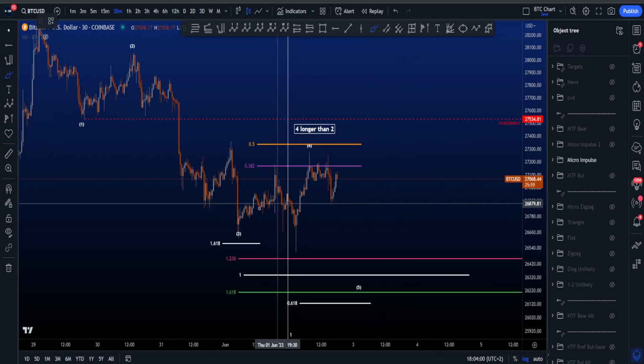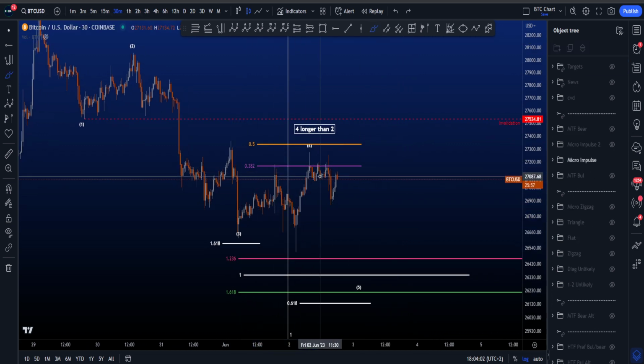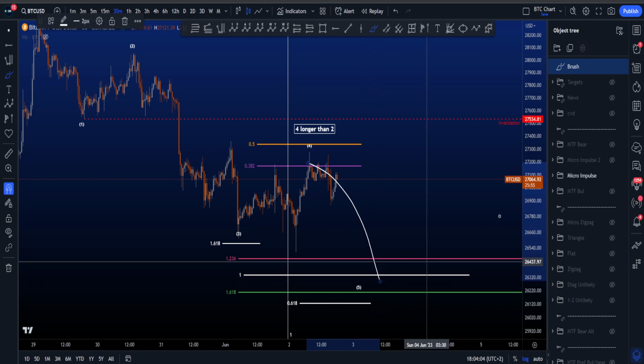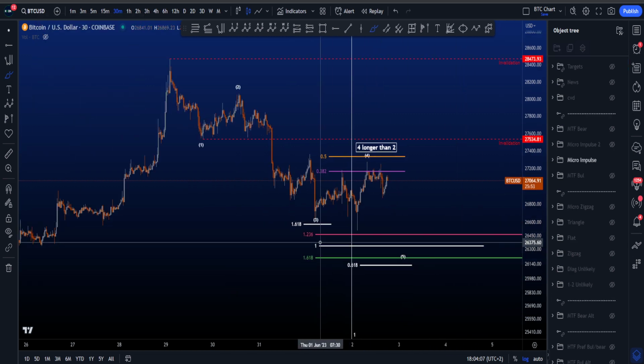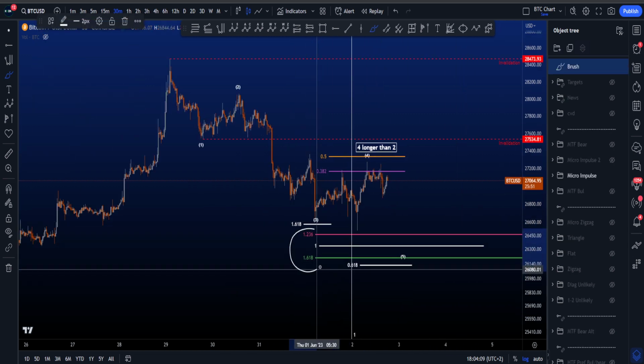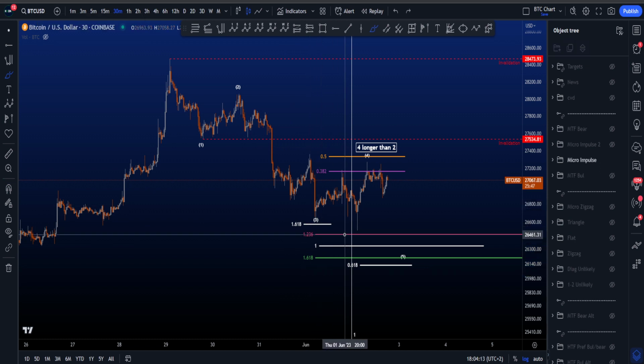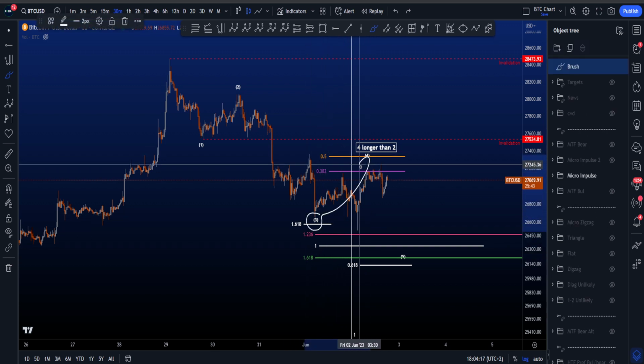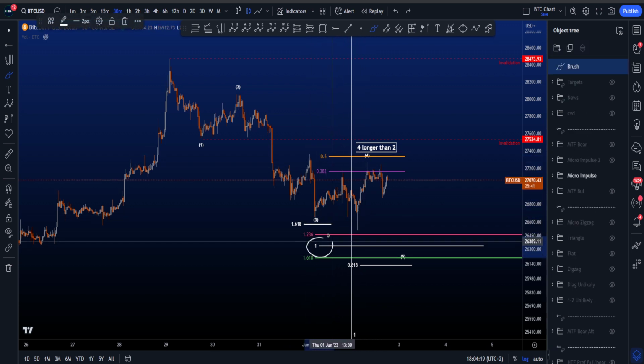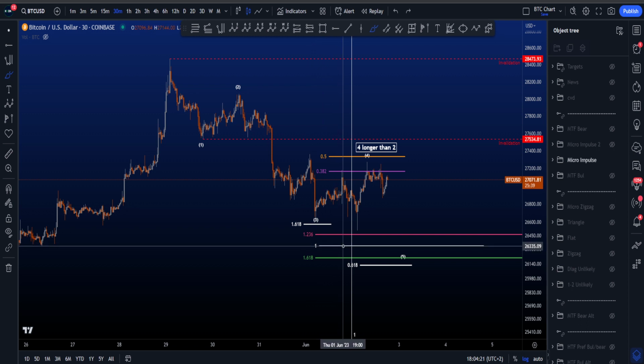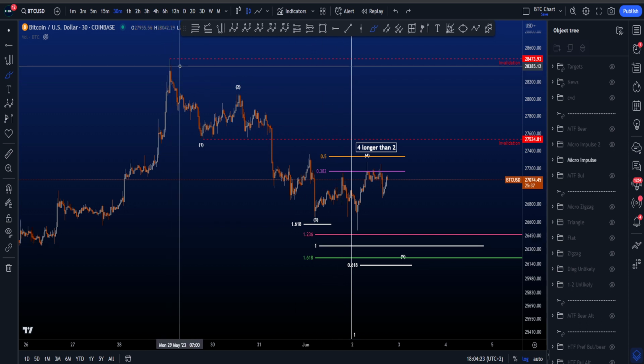So in this scenario, this is then a 3-wave structure in a 4, after which we then expect continuation to the downside in a wave 5, where the most common target for wave 5 is the 1.236 to the 1.618, which is between 26.5k and 26.2k, taken from the low of 3 to the high of this wave 4. We also have the 1-to-1 over here, which is sitting right in the middle at 26.3k, which is taken from